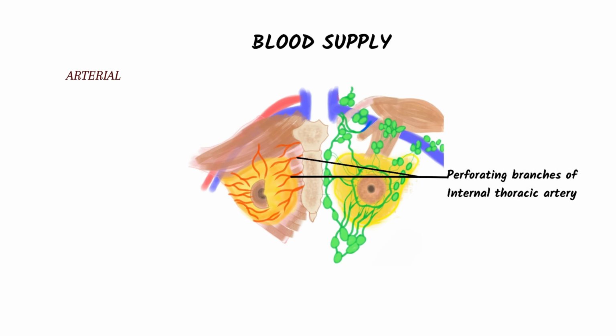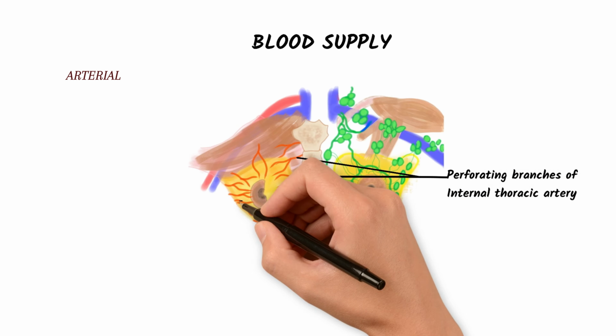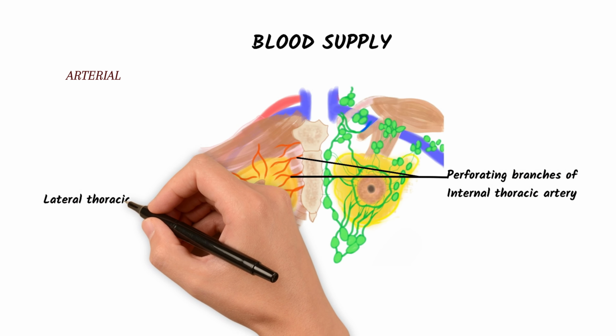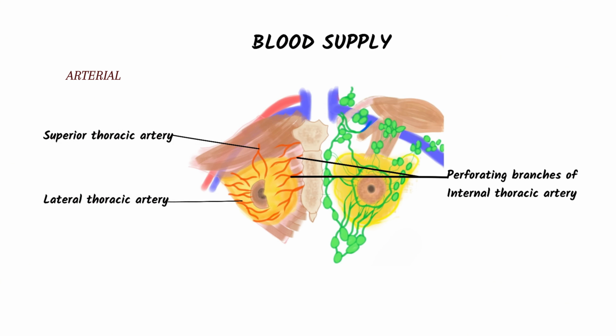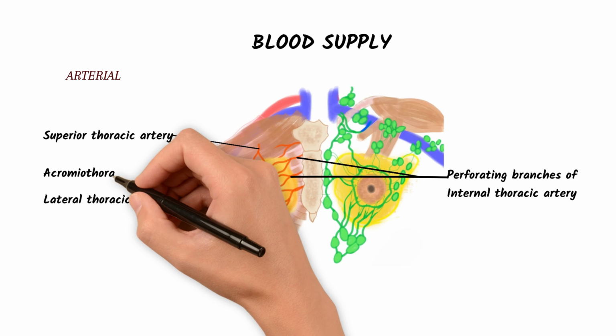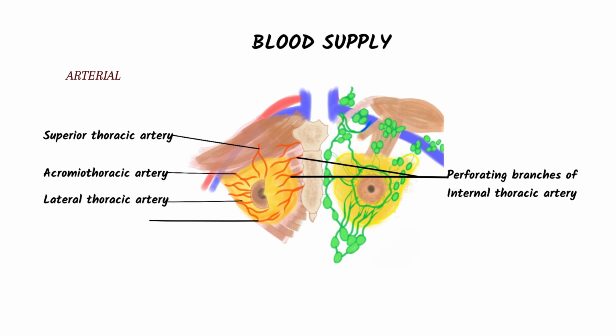Second, the axillary artery provides the major arterial supply to the lateral breast. Its important branches include the lateral thoracic artery, the superior thoracic artery, and the acromiothoracic artery. Finally, the posterior intercostal arteries contribute lateral branches that provide additional blood supply from behind. Together, these arterial networks form a robust, interconnected circulation, essential for lactation, tissue healing, and the metabolic activity of the